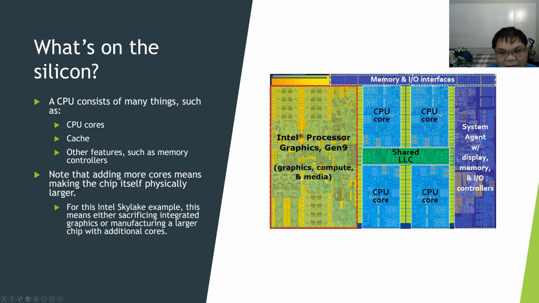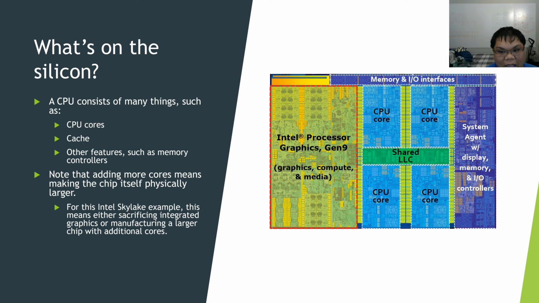It could also have integrated graphics. So what if we wanted to have more cores on this? Well, all of this is actually a two-dimensional process, because you can't really stack a CPU core on top of a CPU core because you have to shine a light down to the silicon. How do you shine a light onto two different layers? Well, we'll try to circle back to that a little later, but for now, note that this process is two-dimensional,